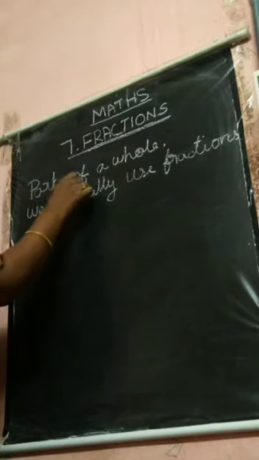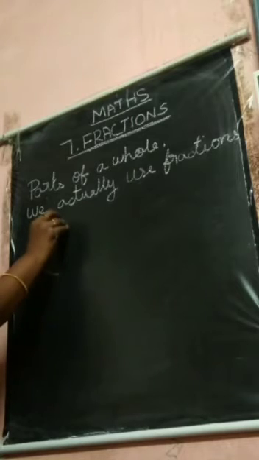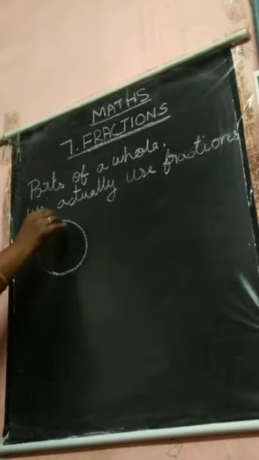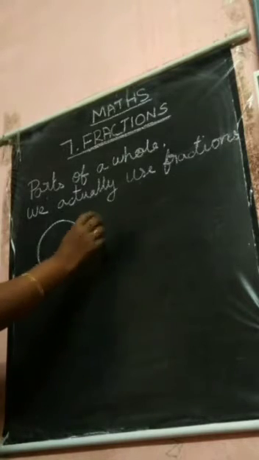Today we are going to see fraction. Fractions means part of a whole. We actually use the fraction. One pizza is there. If there are 2 persons,